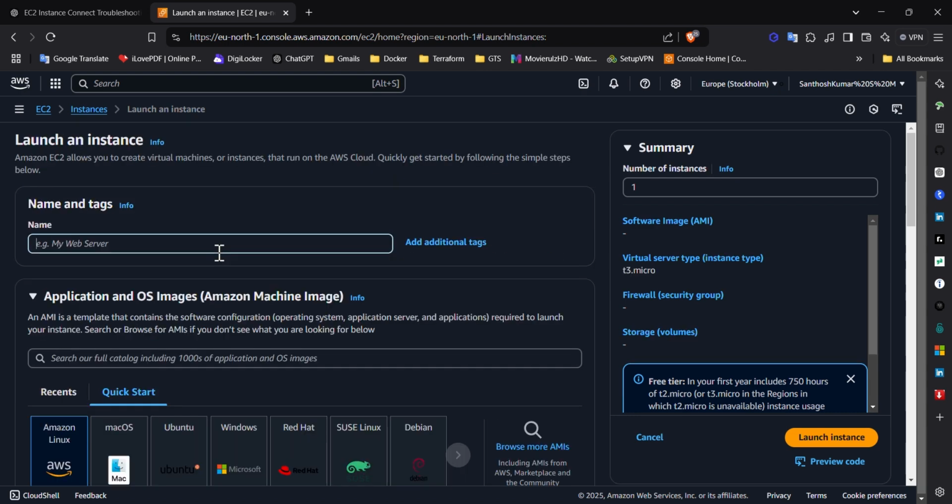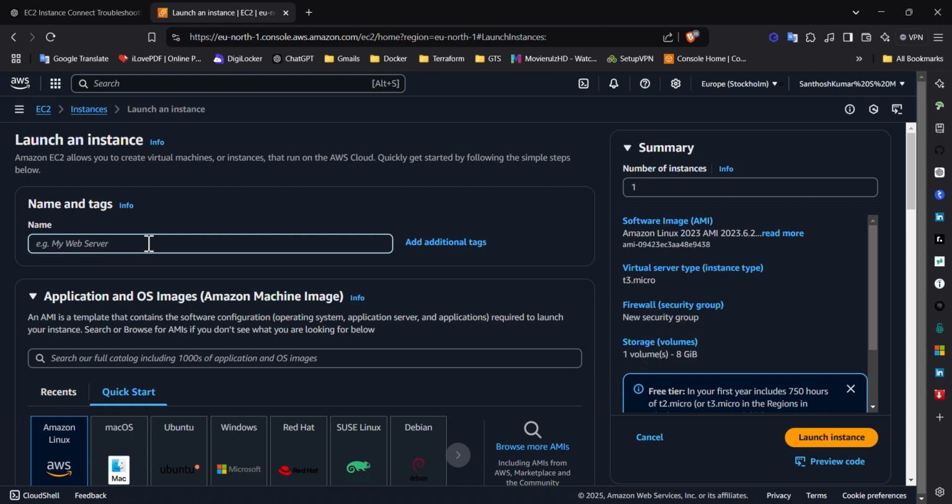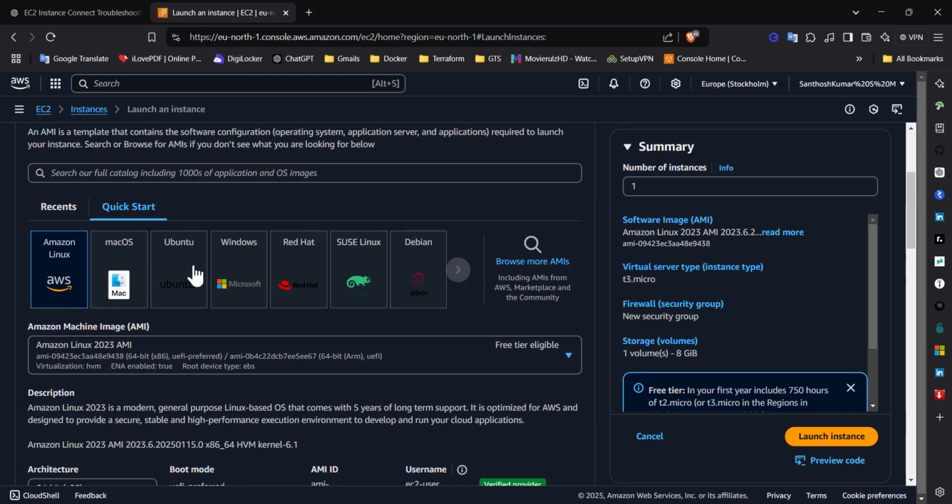So here give a name, EKS cluster. So select Ubuntu OS,